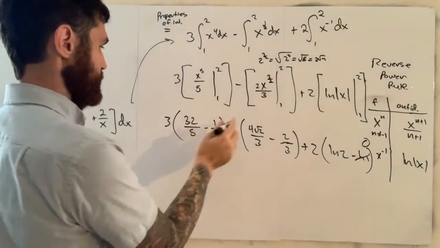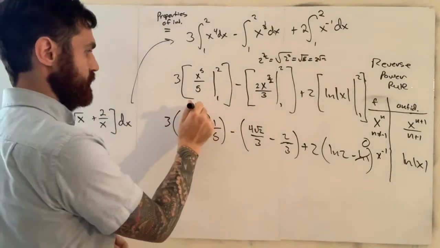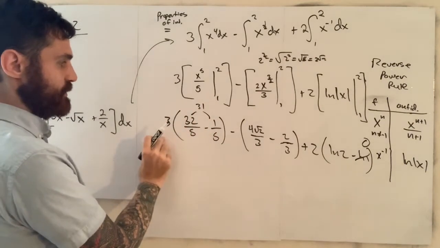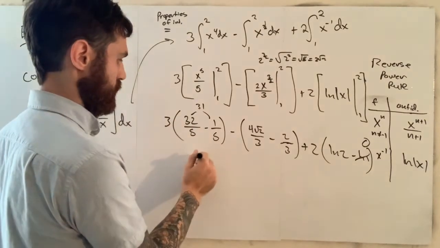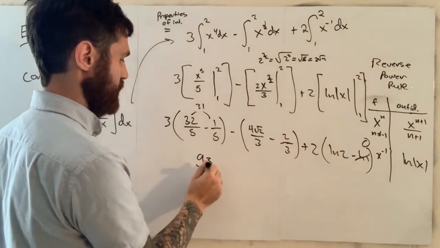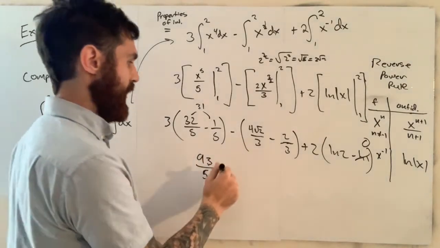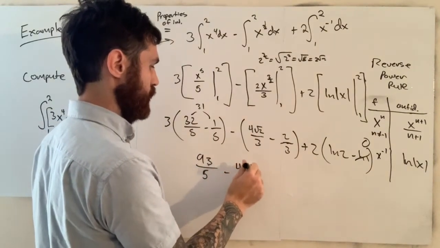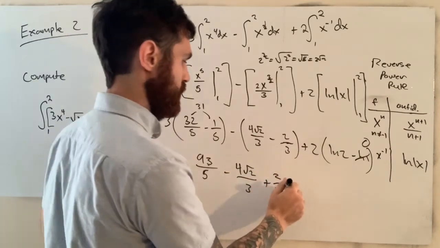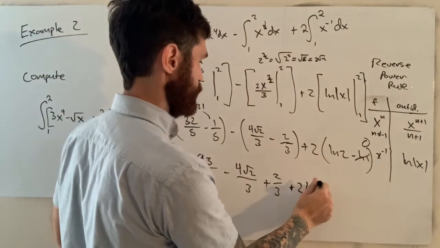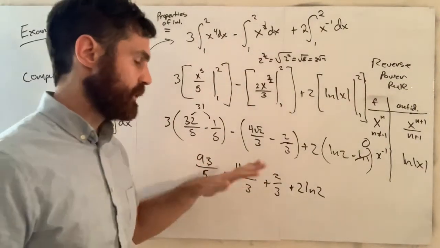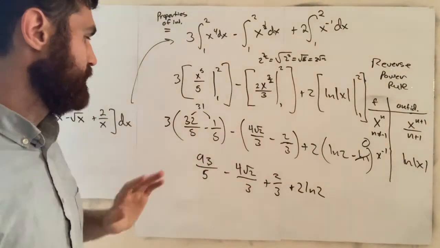And now I want to combine these things. So this is going to be 31 over 5 times 3, or 93 fifths. And then I'm going to have minus 4√2 over 3 plus 2/3 plus 2 natural log of 2. And you could probably leave it like that. That's fine. If you're working through something like this on the exam, you can leave it like this, but you